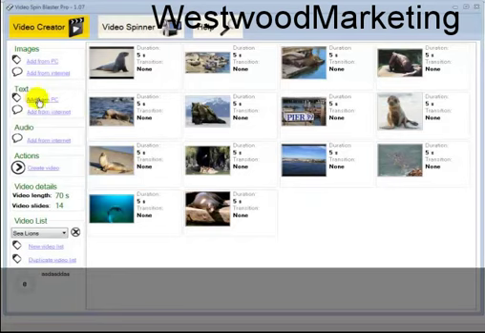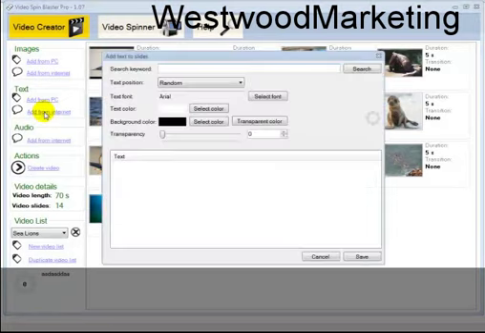Now I want to add text. I don't want to add it from the PC, but I'm going to search on the internet. You can add it from your PC if you want to, if you've written something about sea lions. And I'm going to search sea lions. Now this is going out into eZine articles. I'm going to set the